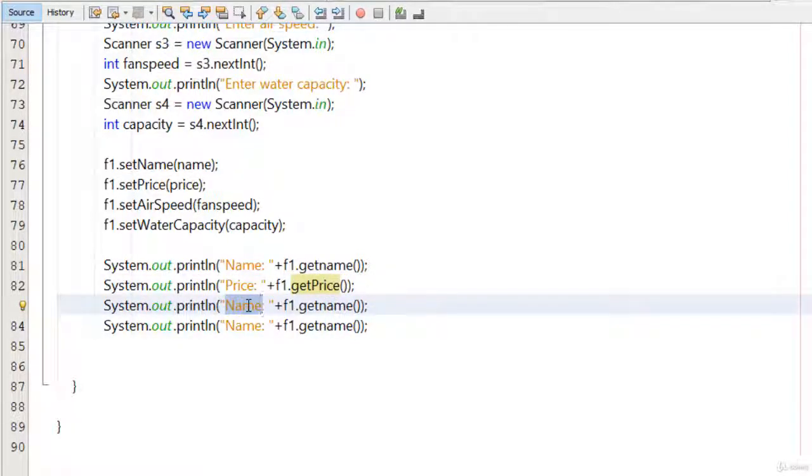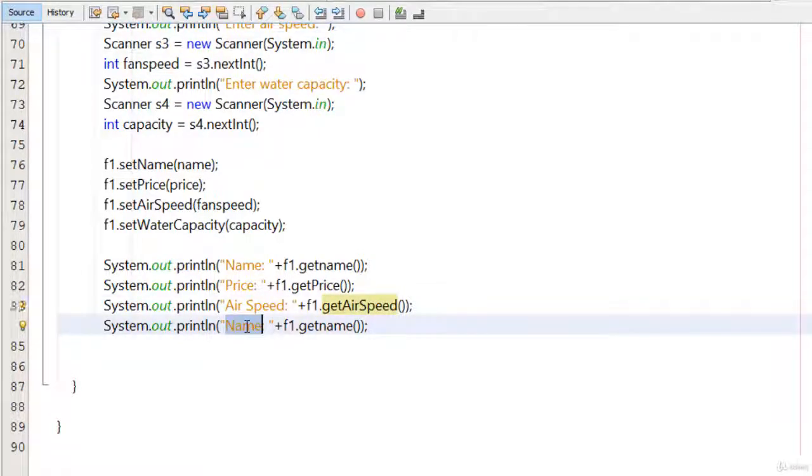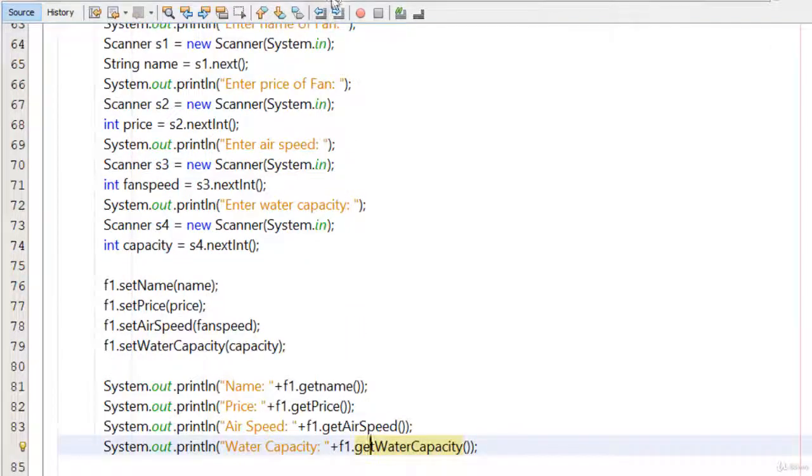Now I have to access the airspeed, so I type here getAirspeed, and then the water capacity, getWaterCapacity. Okay,